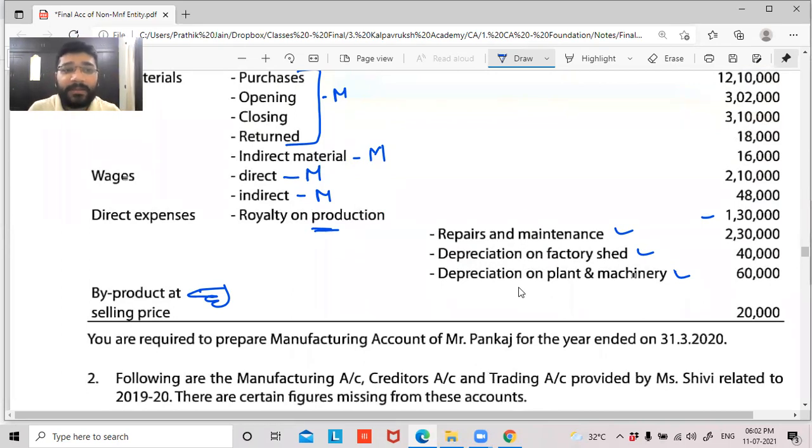Are byproduct and scrap very different from each other, or can we interchange the terms and use them? I can sometimes call it scrap, or I can sometimes call it byproduct. Are these interchangeable terms, or are these completely different? Different, sir. Any specific reason, Nandini? So scrap is not completely, but it is useless. But a byproduct may be of some use.